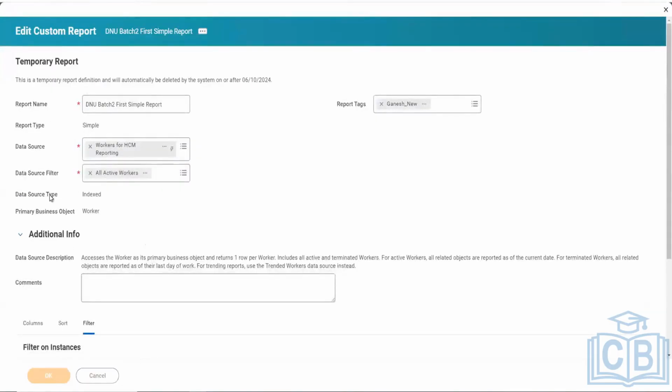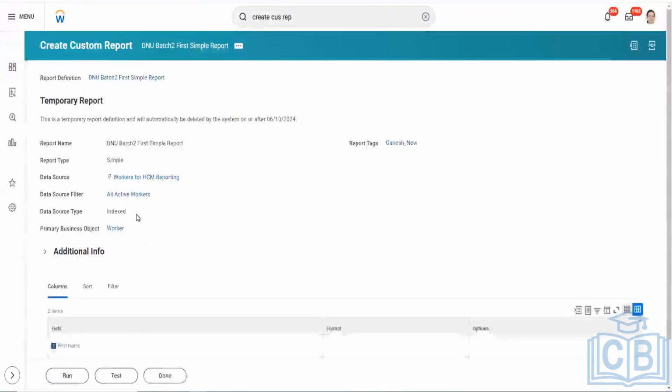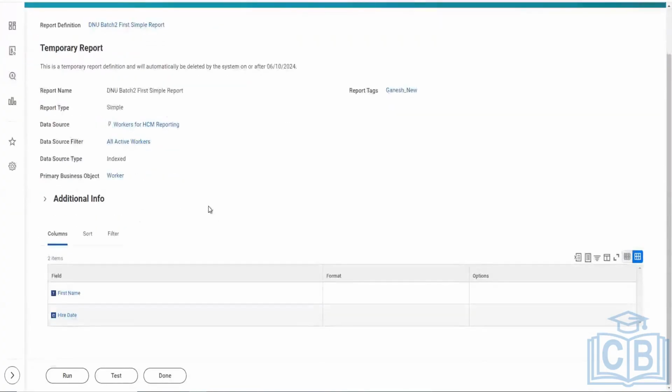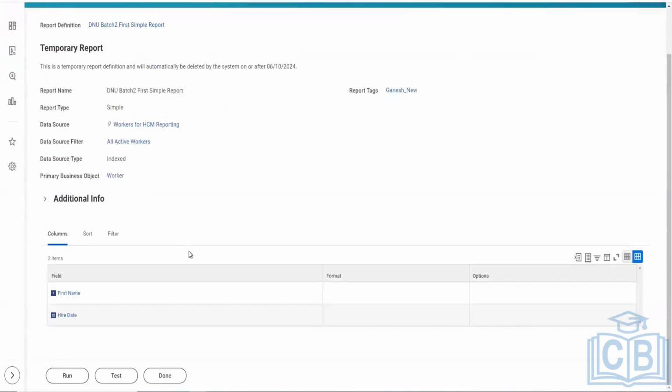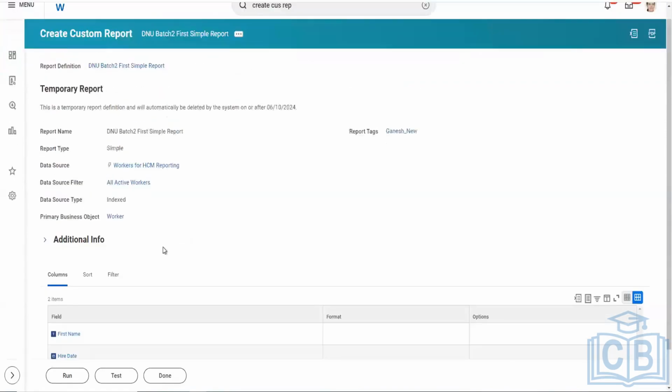We can create a simple report, and we know. See, there is one more thing here. A simple report can be converted into an advanced report, but an advanced report cannot be converted into simple. There will be many differences between simple report and advanced report. First of all, you are able to see fewer columns. A second difference is you can convert simple report into advanced report, but you cannot convert advanced report into simple